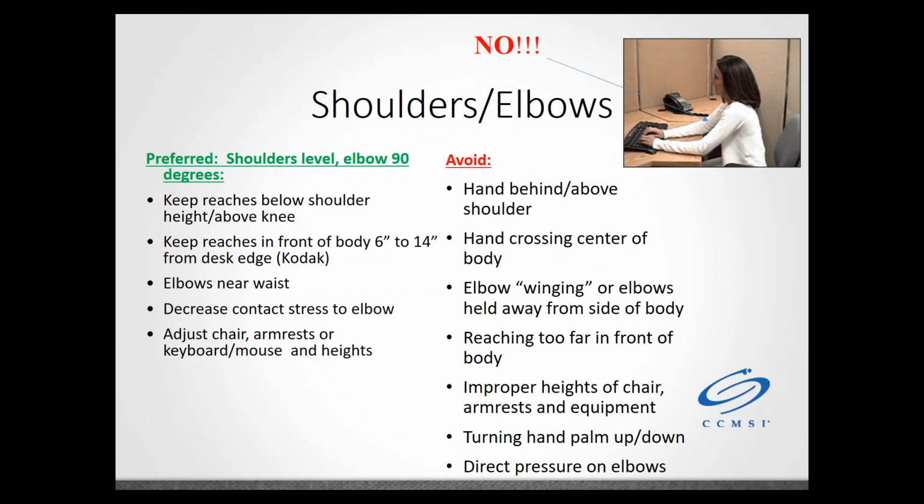You want your elbows near your waist at the side of your body, not in front like the picture. You want to also decrease contact stress to the elbow. Again, looking at the picture, because the keyboard is so far in front of her and/or her chair is too far back, it's resulting in her arms resting, especially her elbows, right on that hard edge of the desk. So sometimes moving the keyboard closer or your chair closer, you can then have your elbows at the side